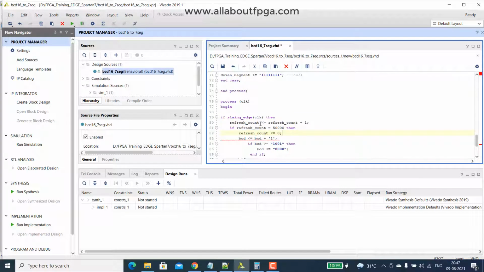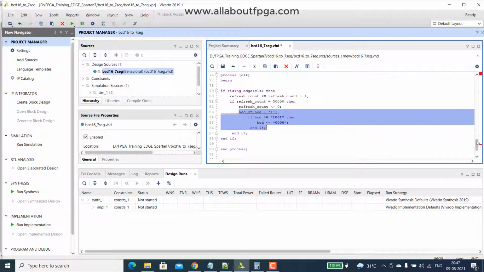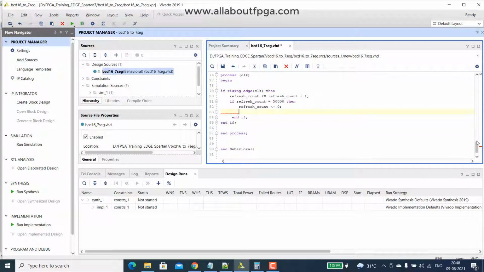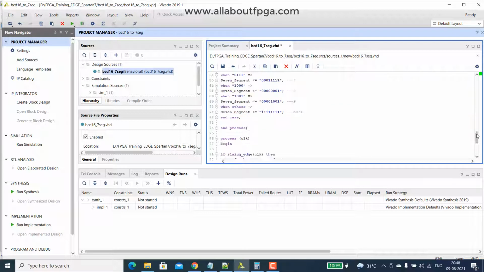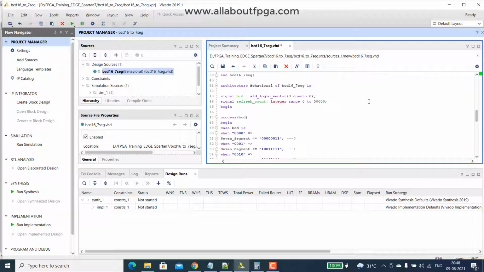So we have the refresh count. Whenever it reaches 50 into 10 power 3, that is 1 millisecond, we have to send some data. Remove this part and we have to write it so that there is another counter that we can declare as a signal.